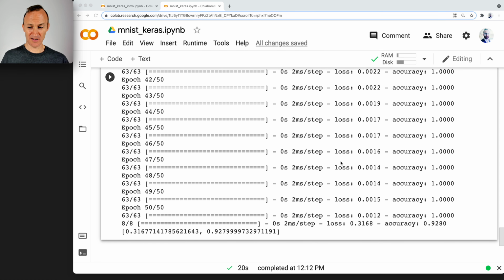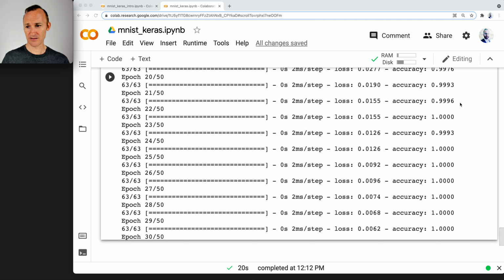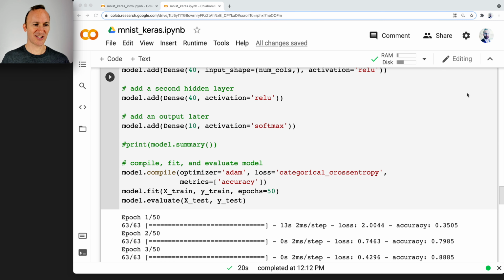Now, an accuracy of 100% on the training data and about 93% on the test data does indicate that the model is overfitting, and we want to look at some regularization techniques that we can use. So, when you get an accuracy of 1.0, it's not that you need more epochs here, right? Or even necessarily more hidden layers. Maybe you could get away with fewer hidden layers, okay? That could be something to try, but I think we want to look at some regularization techniques either way,